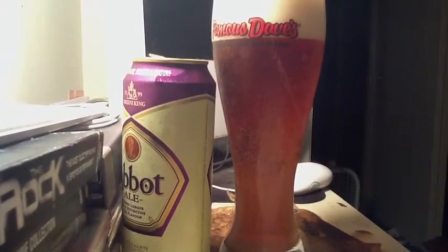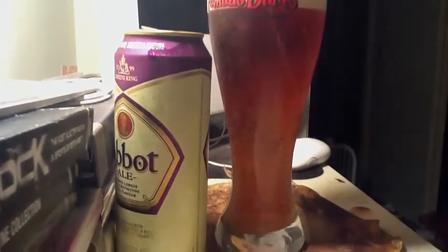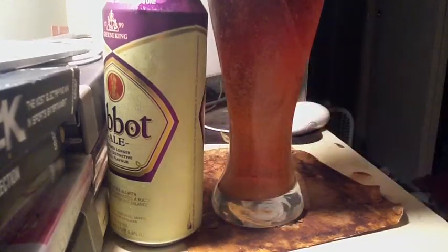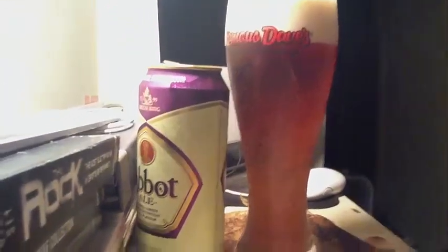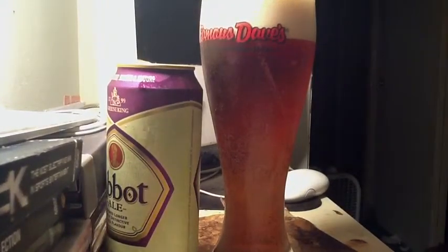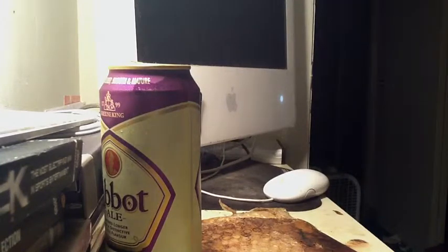This is a bitter. You can see the head there. The bitter is kind of a word for pale ale, and this is called the Abbot Ale. I don't know why they call it a bitter. I guess, well, I mean, you know why. It's because they use more hops in them than would have been used in typical other styles. So,